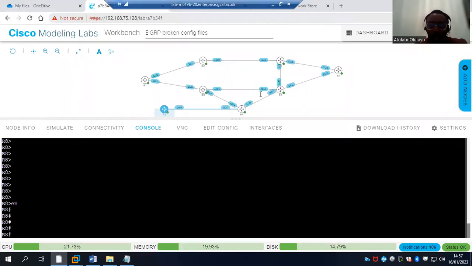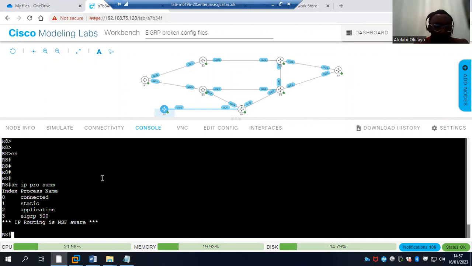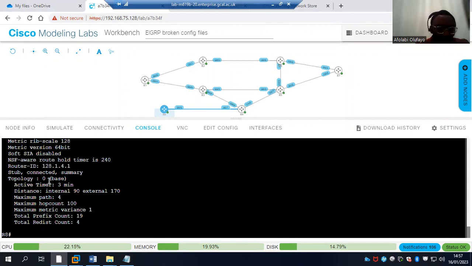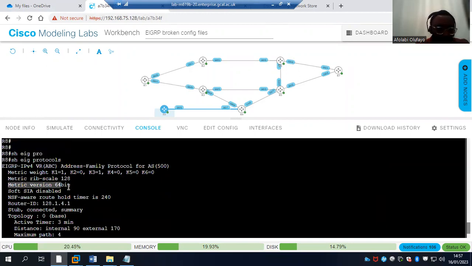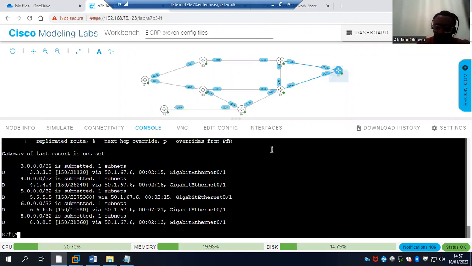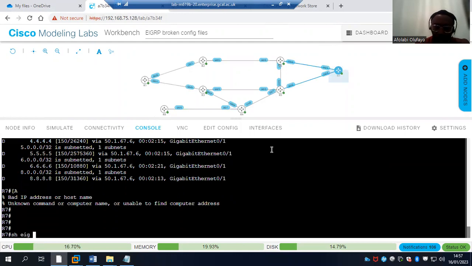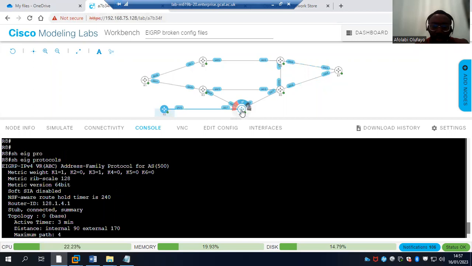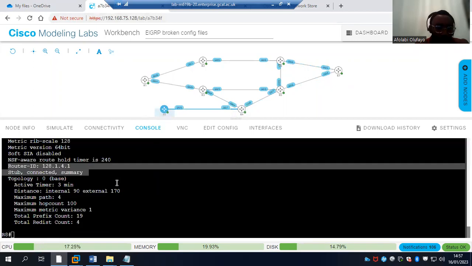So I'm presenting this topology of 8 routers with EIGRP AS500. So here I have the 64-bit EIGRP configured, and router 8 is a stub. Router 7 here also is a stub, and there is filtering done on router 4 because on router 8 there are 4 prefixes